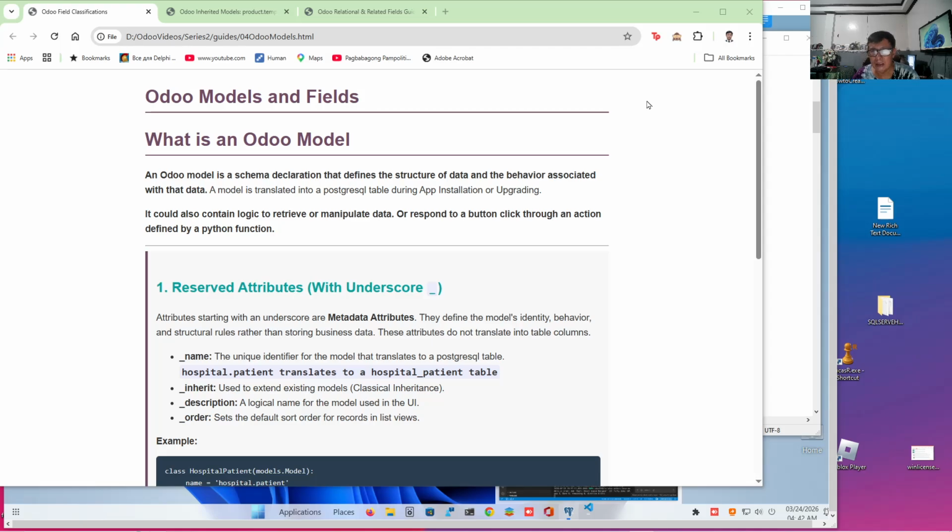We want to make use of one language only in developing our application. In this case, we develop our schema using Python. Although nothing will prevent us from creating our schema in PostgreSQL, it makes it harder for us. A model is later translated into a PostgreSQL table during app installation or upgrading.